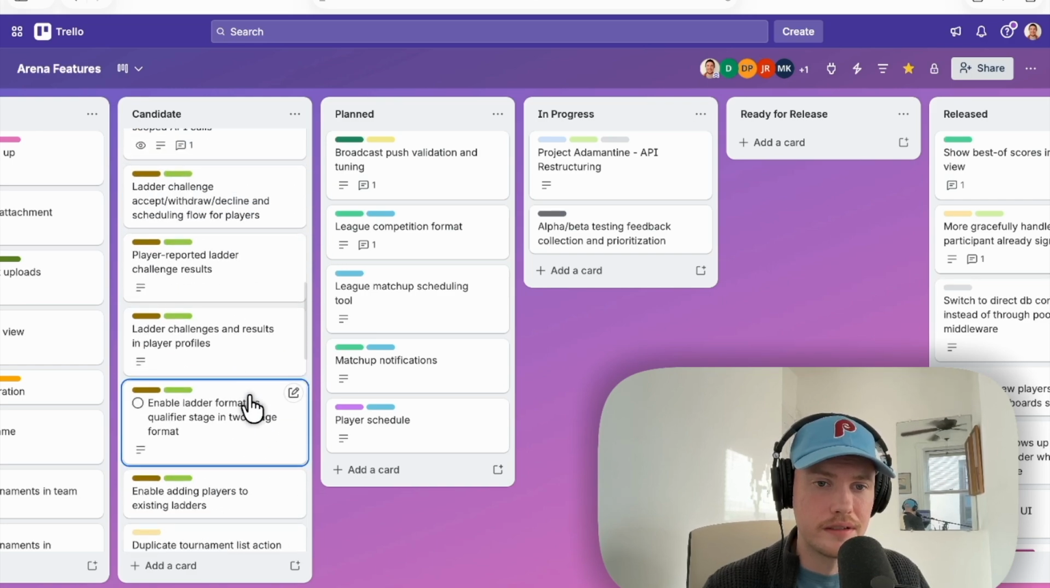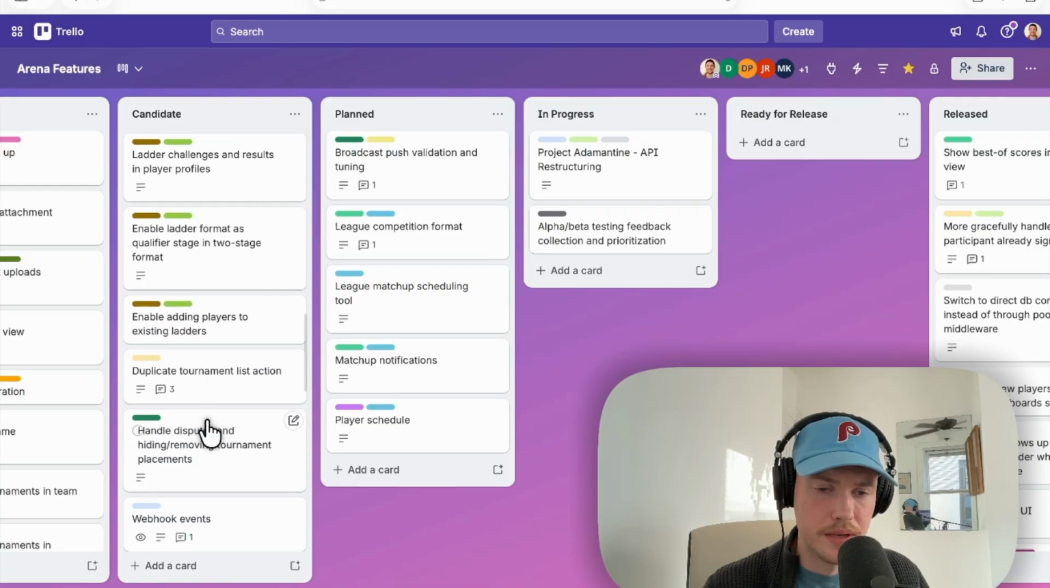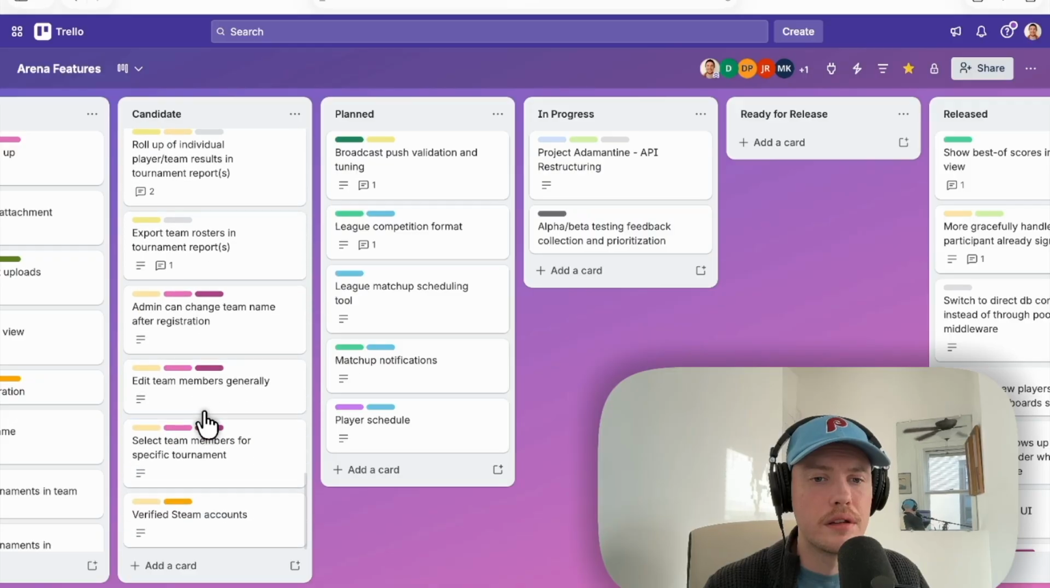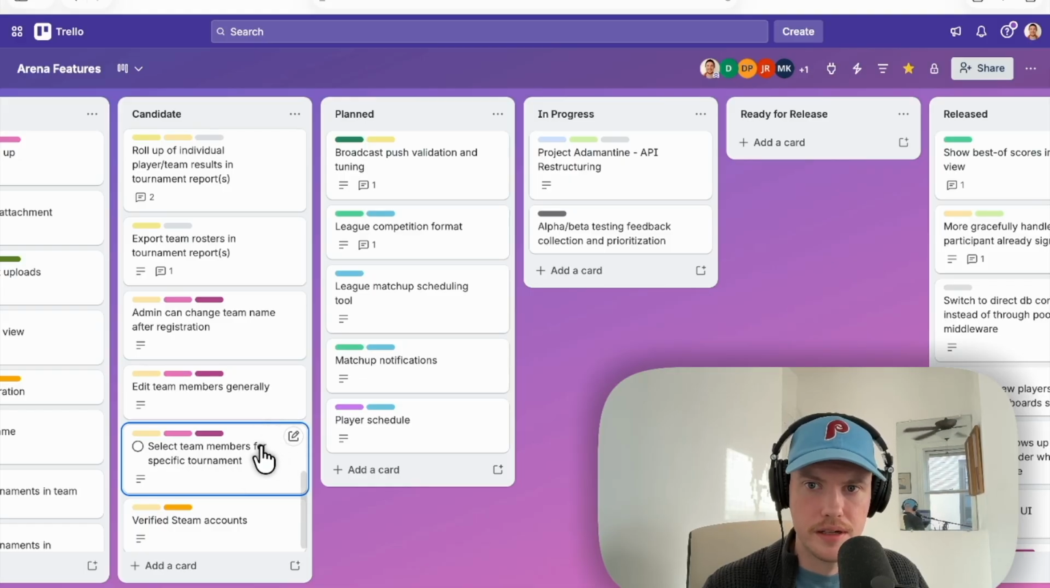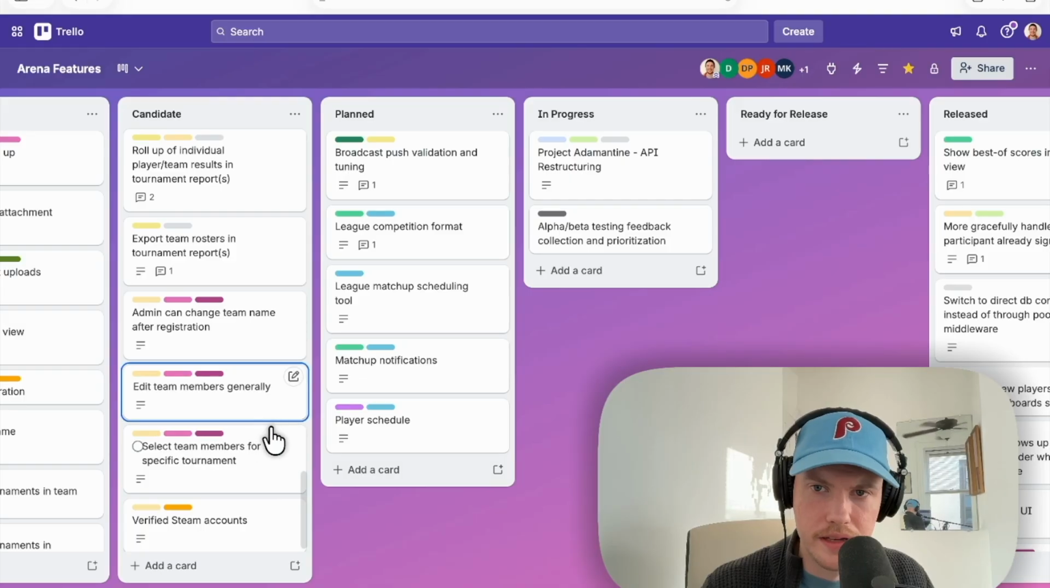Yeah, this is deeper ladder APIs, so that would obviously be in the new V2 tournament API. What else? Yeah, selecting team members for a specific tournament, which was requested today by Fish. We've got a team roster on the team registration, so the flow would be able to select specific team members. This is kind of outside the scope, editing team members generally, but